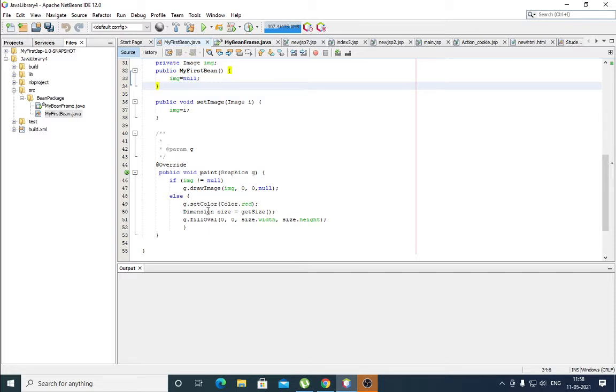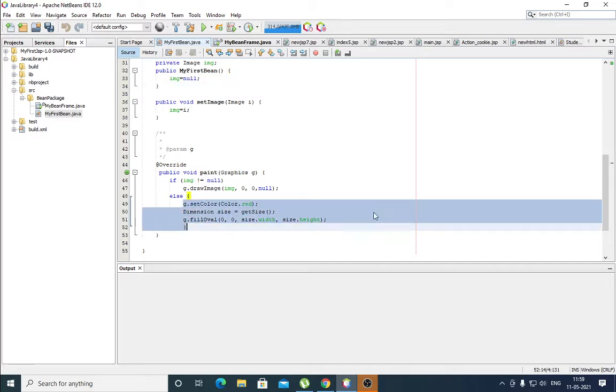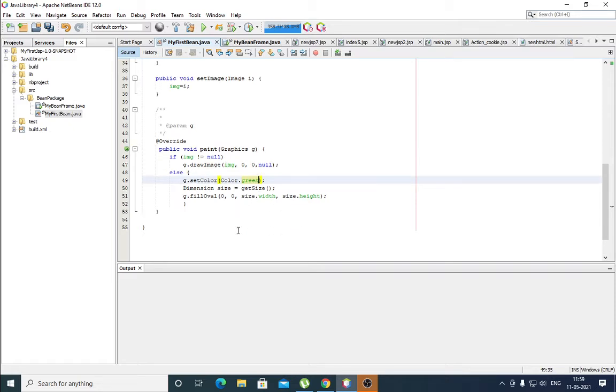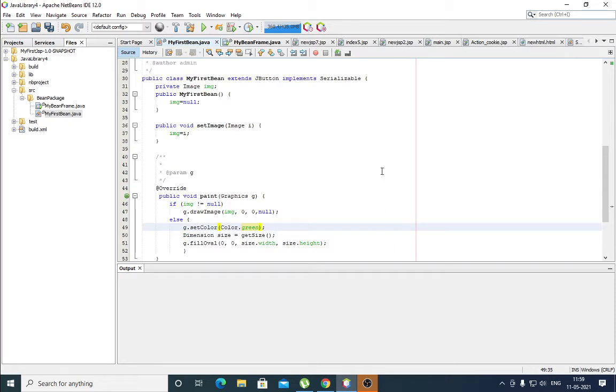Else, if it is null, then it draws a new image. Otherwise it takes it as it is. Else g.setColor red. If I want to change that color, suppose green. Dimension size, g.fillOval. Then it will create that bean.